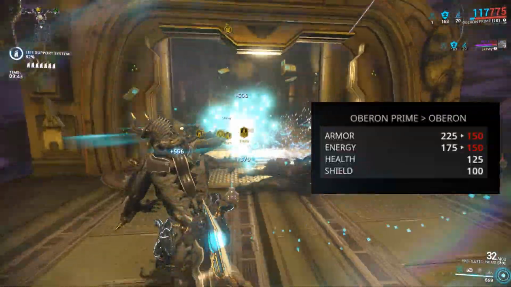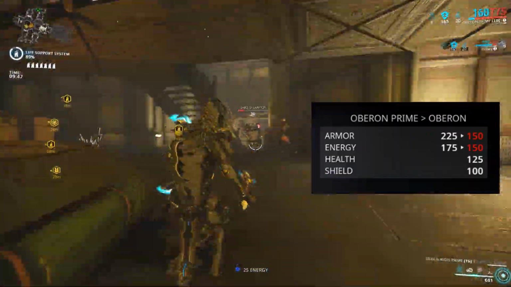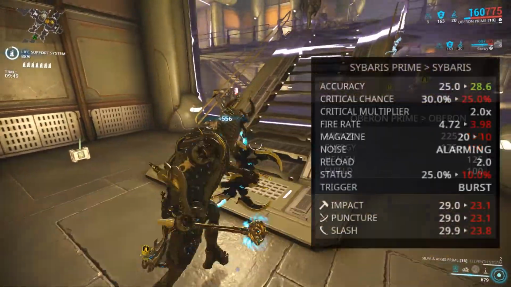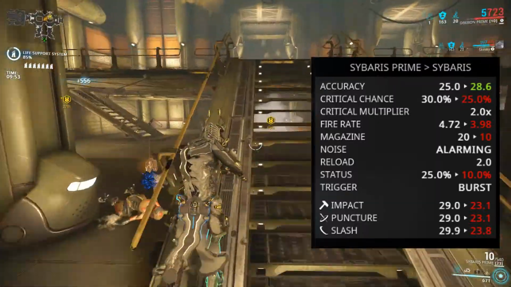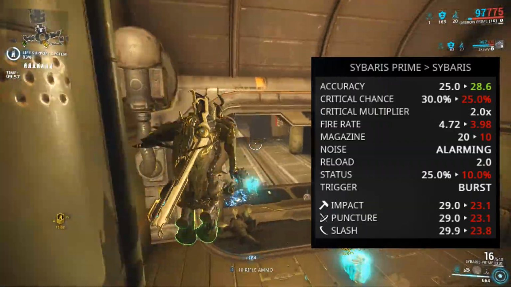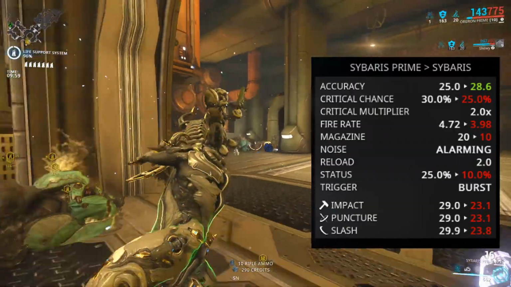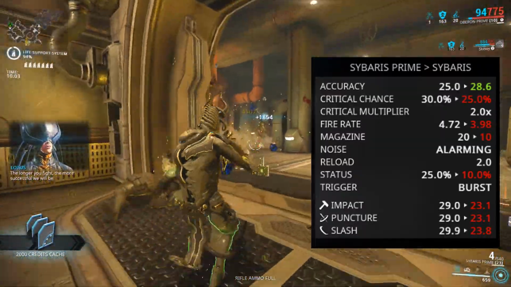Oberon Prime got an increase to his armor and energy. He has 75 armor and 25 energy over the original. The Cerberus Prime received a significant stat boost over the original, with a 5% increase in critical chance, a 0.74 increase to fire rate, a magazine increase of 10, a status increase of 15%, and a small boost to the